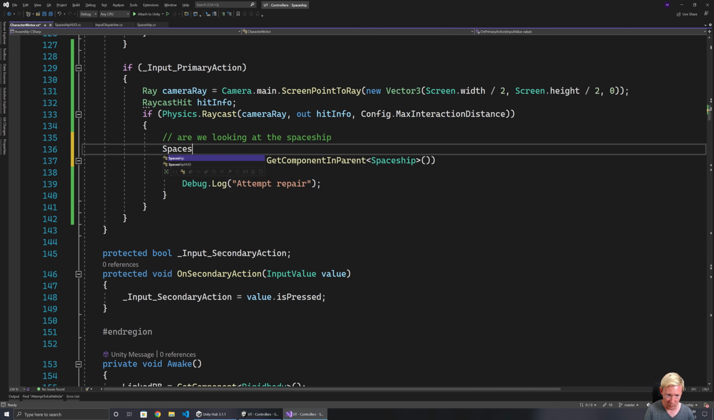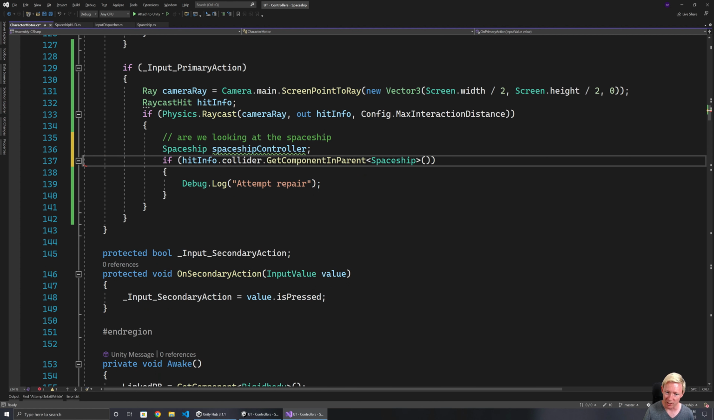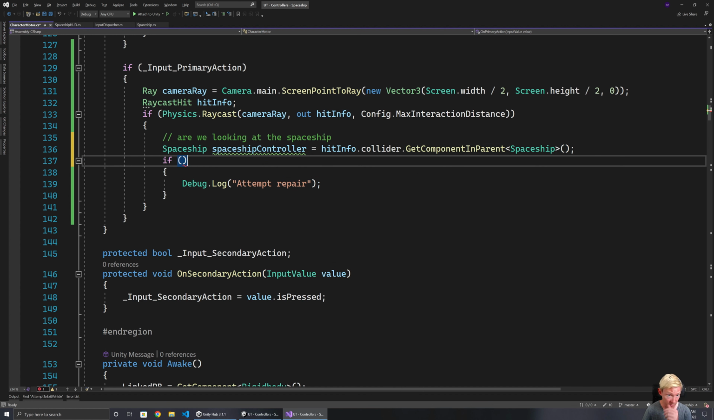So we would go for spaceship controller. And this is where I don't think we have a try get component in parent. So I don't think there is a try get component in parent. So we have to do it this way, which is a little bit not ideal efficiency wise. It is a bit more expensive than if we're able to use the try get component one. So if there is a spaceship controller, if that's not equal to null,